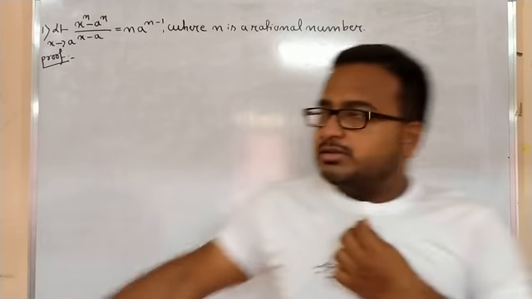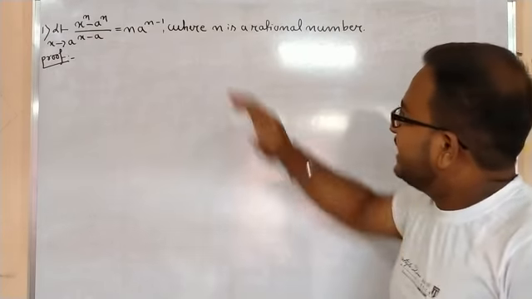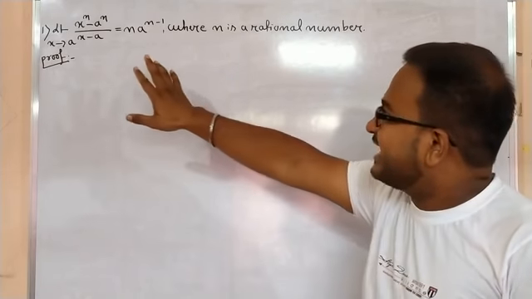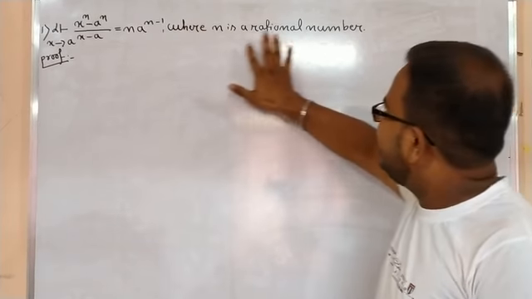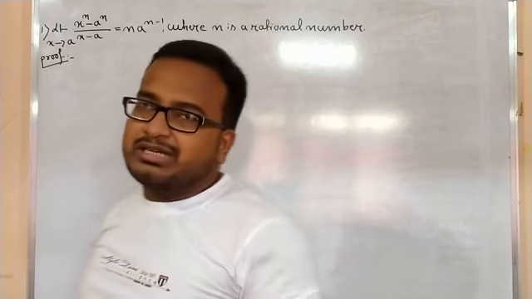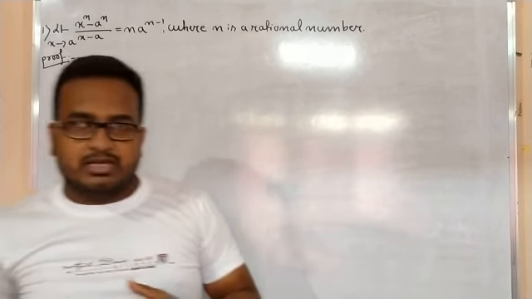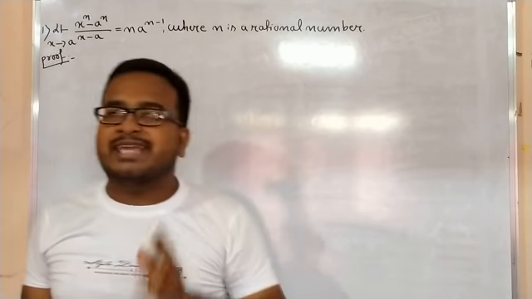Hello. So let us solve number 1. Okay, this is limit x tends to a, x to the power n minus a to the power n by x minus a equals n a to the power n minus 1, where this n is a rational number. Okay, so in case of rational number, what type of numbers can we consider? Because to solve this one, we need to consider some cases.